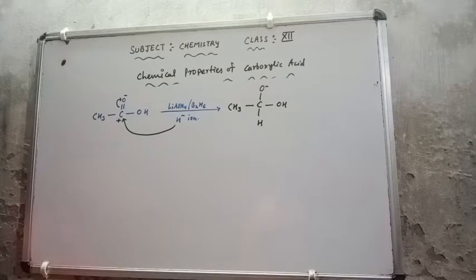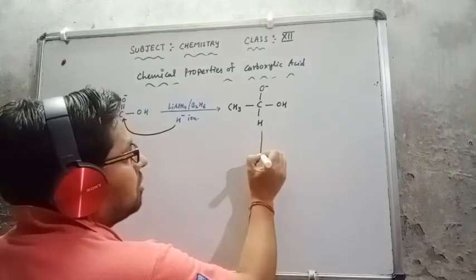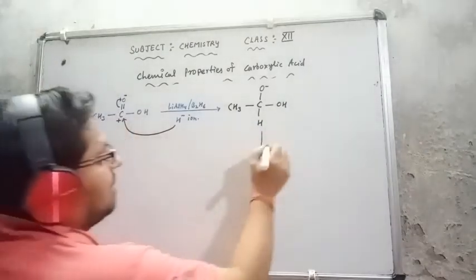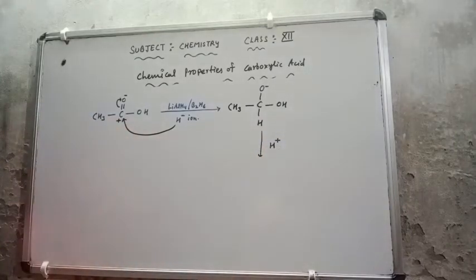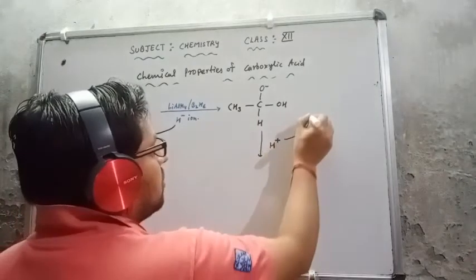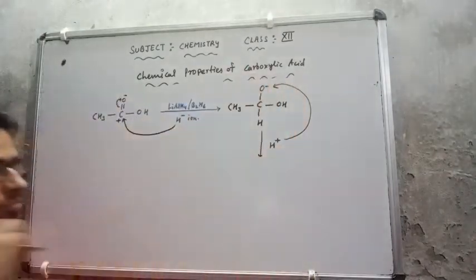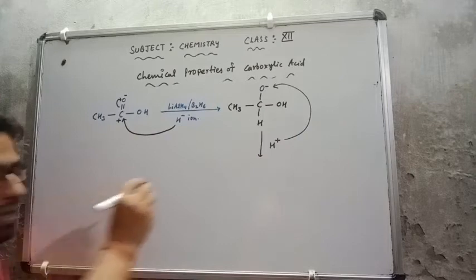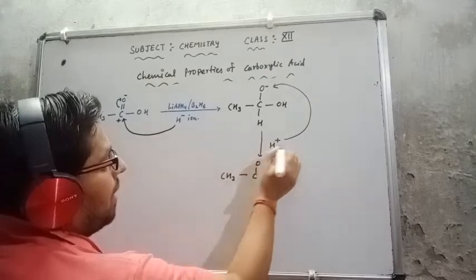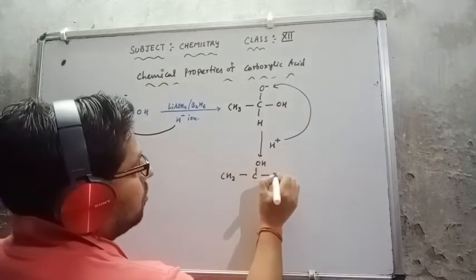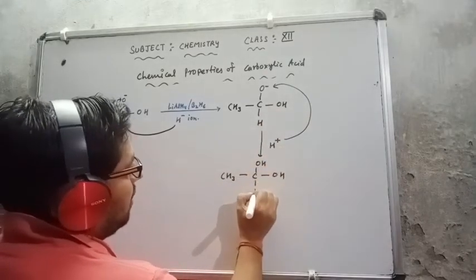Now after this, how is this going to take place? You have studied the hydrolysis process; in the second step, the H positive will attack the negatively charged oxygen. So this is a negatively charged oxygen, and the H will attack it here. What I am getting here is CH3 single bond C, single bond O, H, single bond O, H.